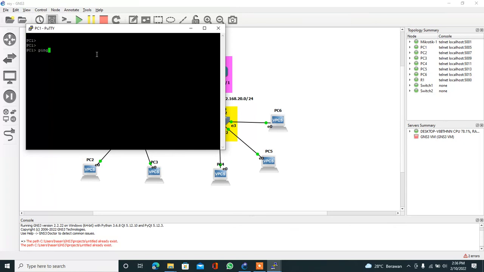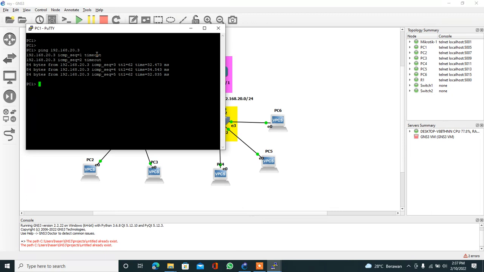Ping 192.168.20.3, this is the IP of PC5. Timeout.